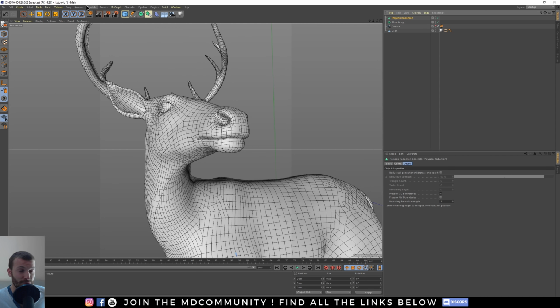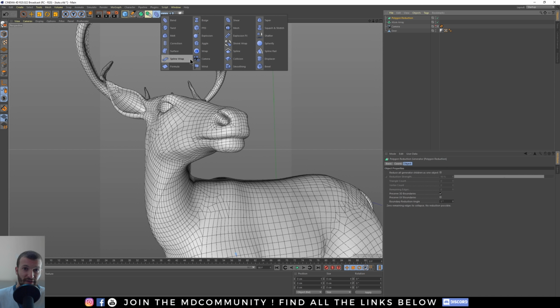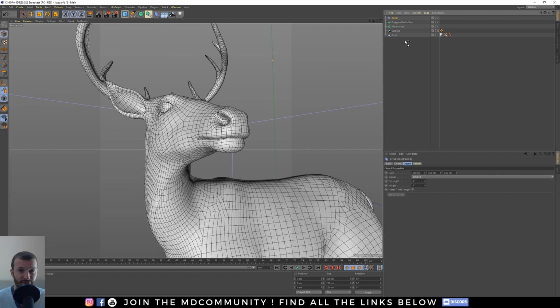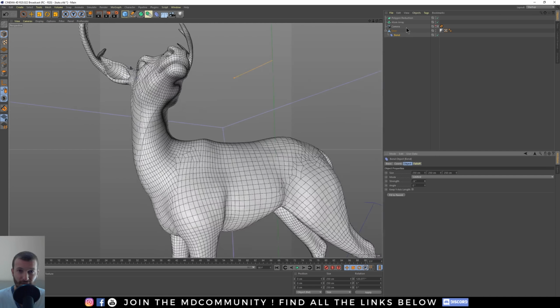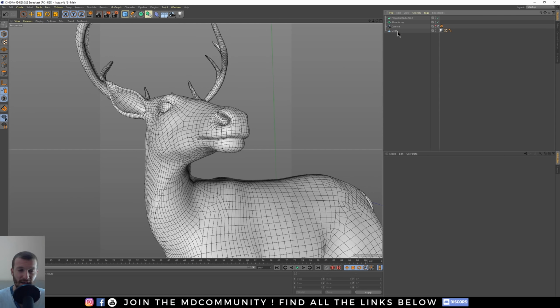It's very simple. You have the polygon reduction. If you use an older version than me, I'm on R20, you will find these options here. It's the same triangle, but now it's blue. When you use a deformer, deformers are blue. You have to put the deformer as a child of your object. And now the deformer will modify my object. I can delete it. And when you use a green